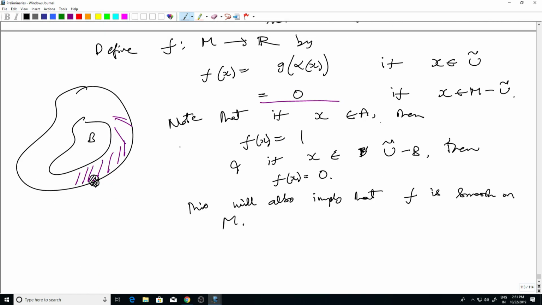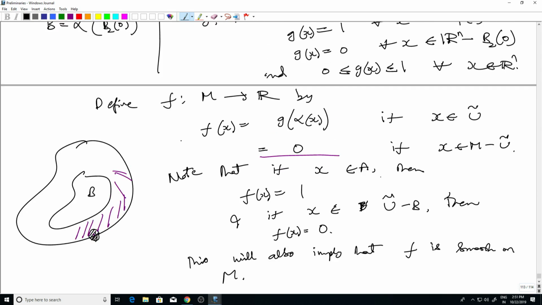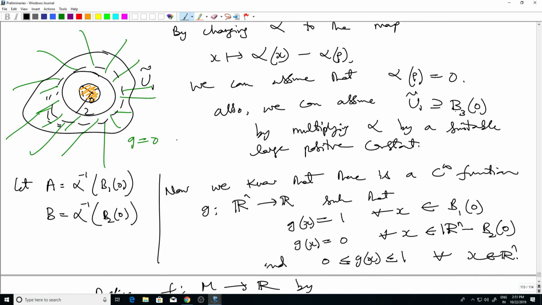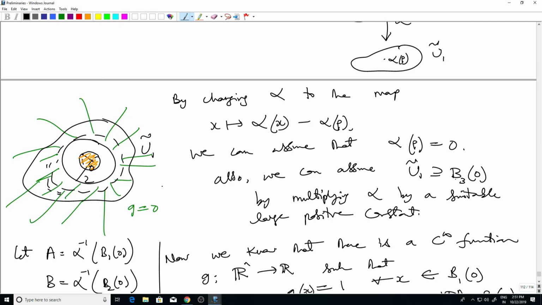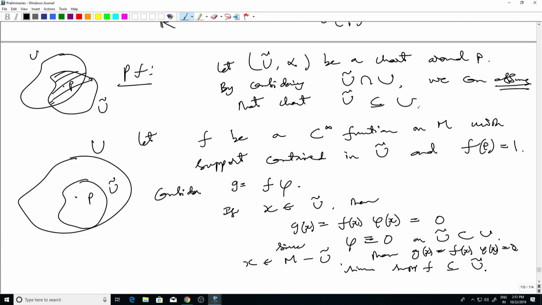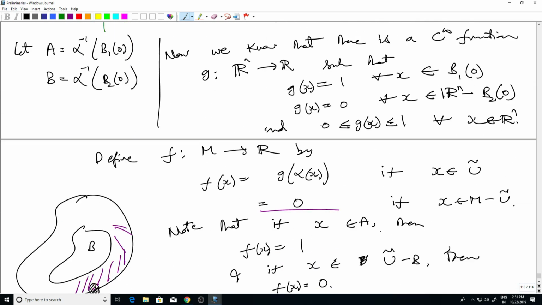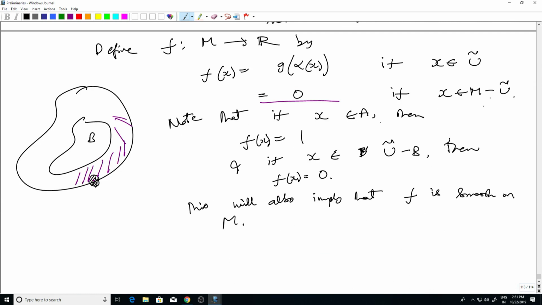Therefore, f of x will be identically 1 at P. And the support of this function by definition is inside B, which is inside U tilde for sure. That's what we wanted. So this completes a proof that if a function vanishes in an open set, then